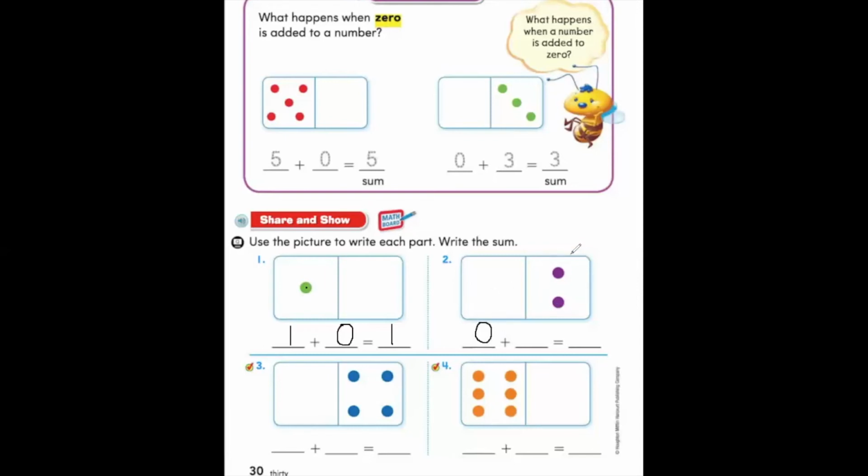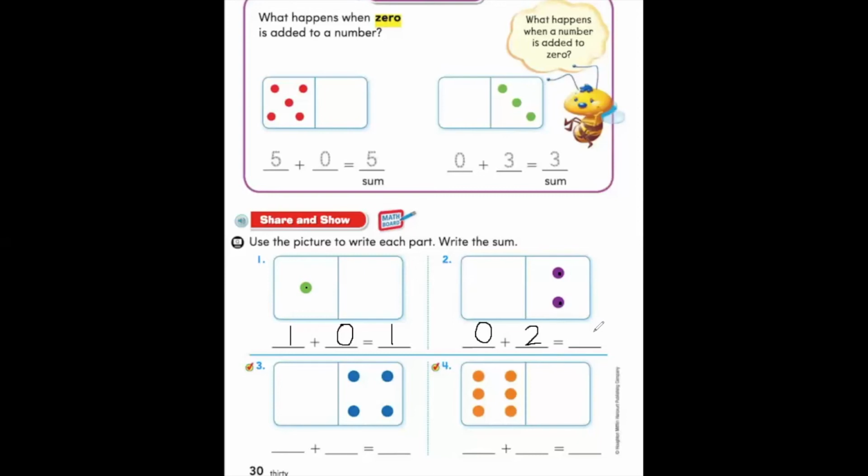Now let's look at the next part of our picture. The next part of our picture has, let's count, 1, 2 dots. Since there are 2 dots in this part of our picture, we're going to write the number 2 on the line of our addition sentence. Now our addition sentence says 0 plus 2 equals,